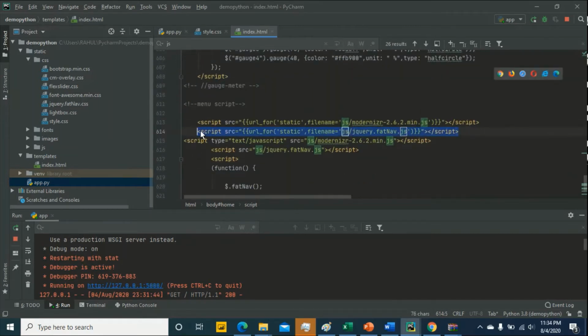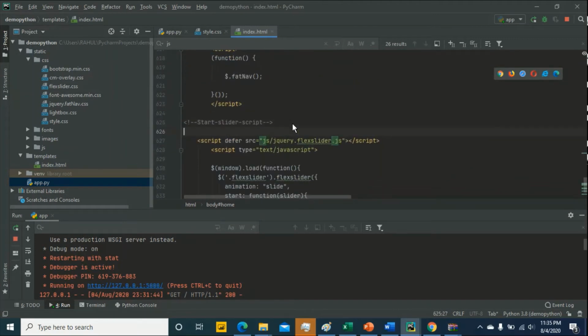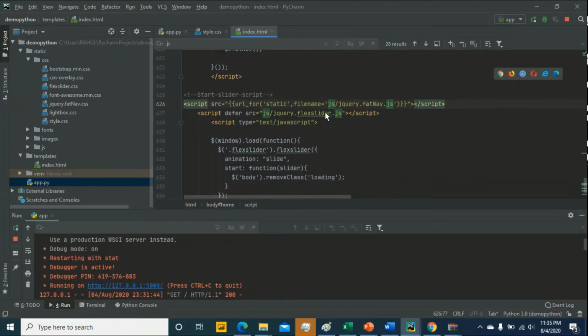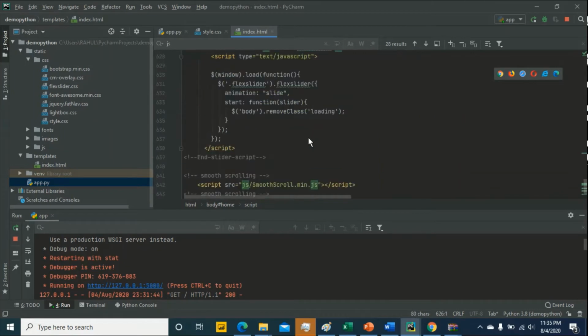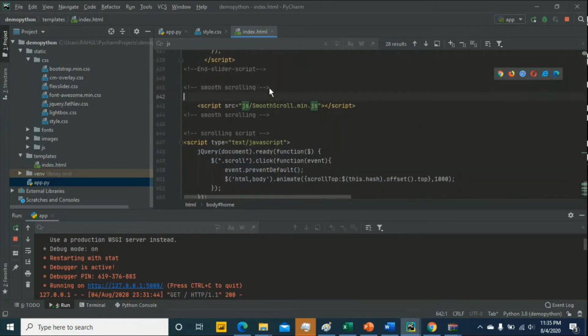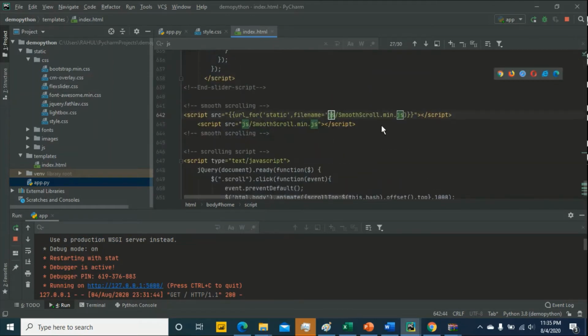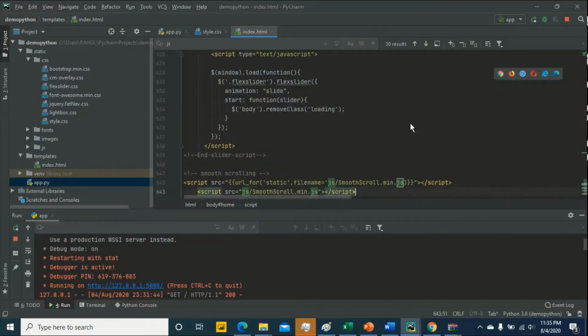Same process for this one. Like sender JS. Paste here. Okay. Just copy and paste properly. JS remaining. Okay. Then Control S and then just wait.